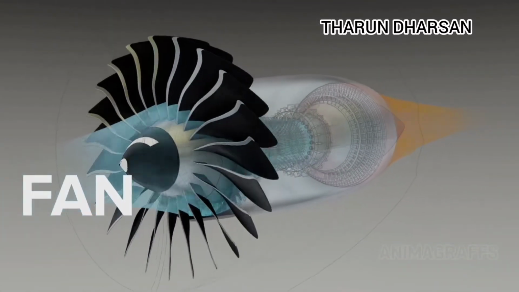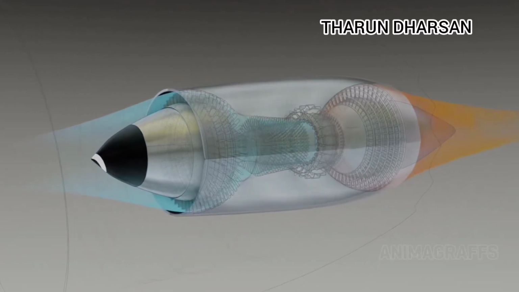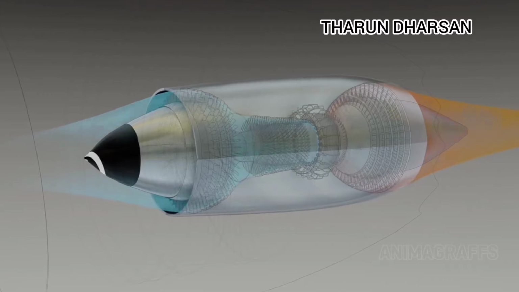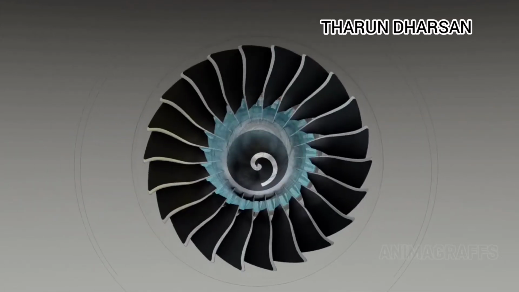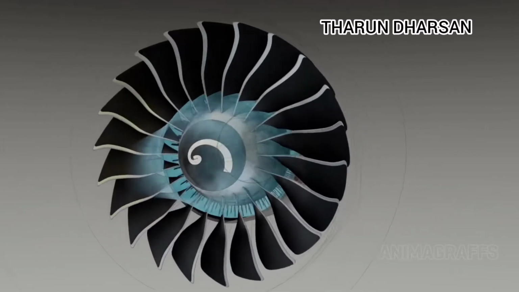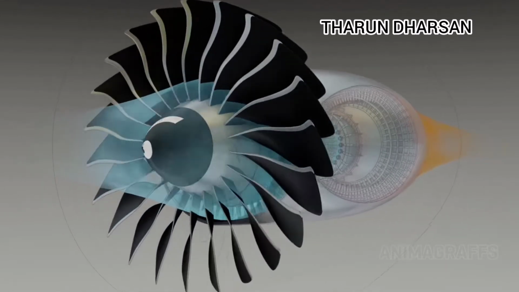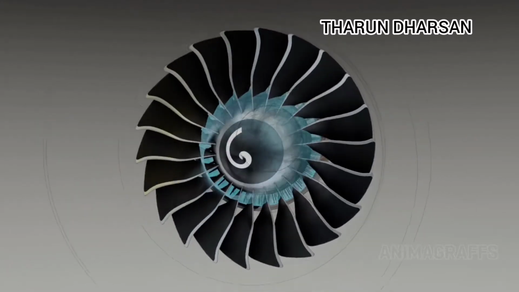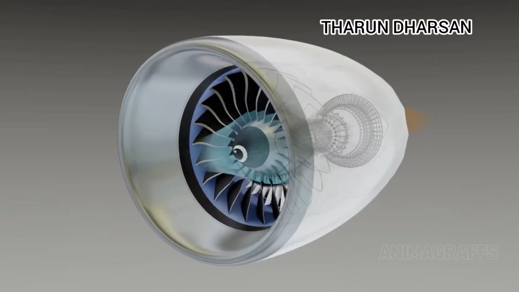Fan. Early jet engines were turbojets, where all the incoming air flows through the core. In modern turbofan aircraft engines, only a fraction of the air enters the core or gas generator, and the resulting power turns a specially designed fan. Again, the fan can be thought of as a high-tech propeller inside a duct.